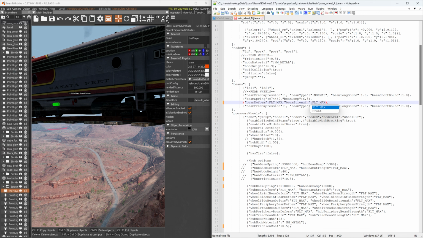Self-collision, man, I don't know damn self-collisions. And shouldn't it have collisions with the ground? I don't know. Let's see what happens with it off. Let's save this and let's